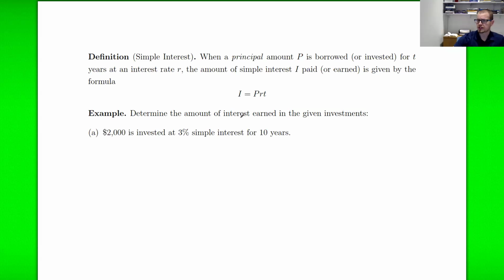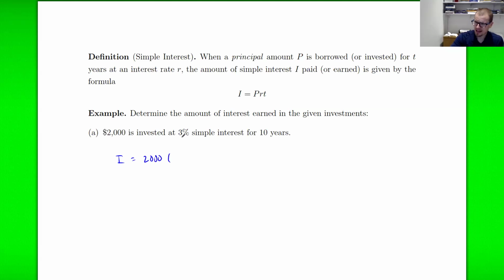So we want to determine the amount of interest earned in a couple of circumstances here. So let's say we invest $2,000 at 3% simple interest for 10 years. Now, the reality is you're not going to invest in a simple interest scenario, right? Your interest rates will be given as simple interest rates. However, the computation is not done as simple interest. So for this example, the interest earned by investing